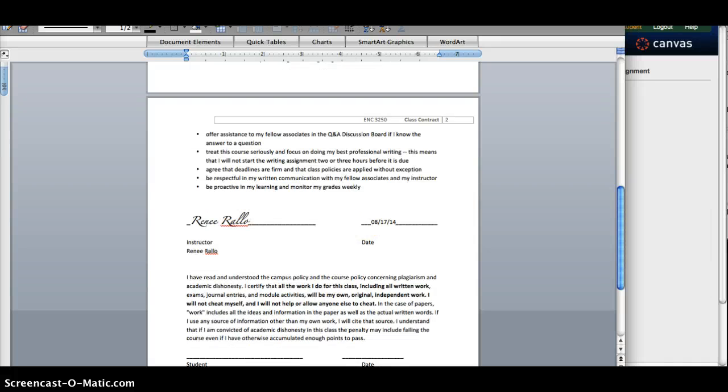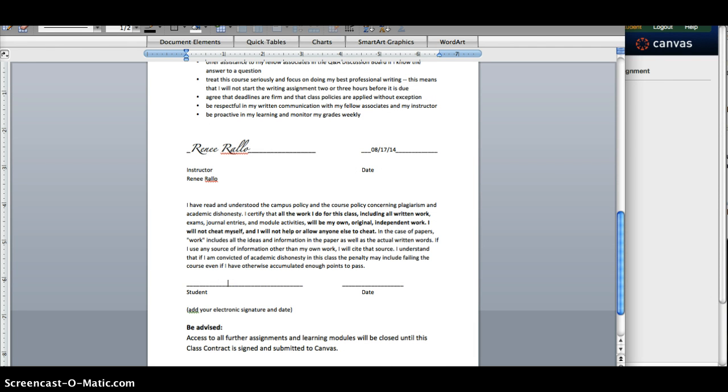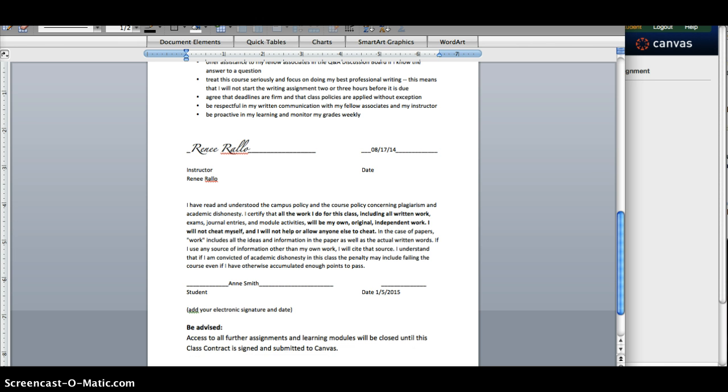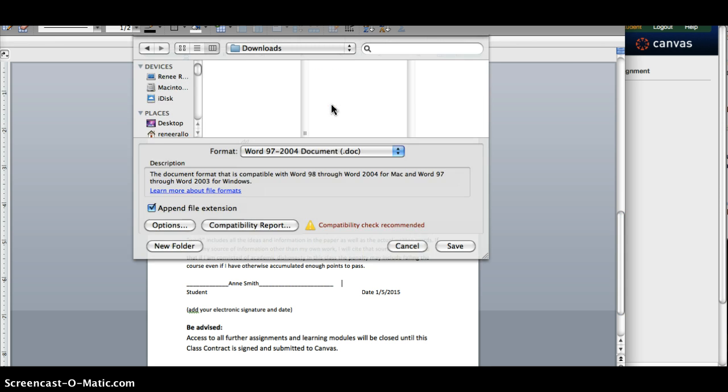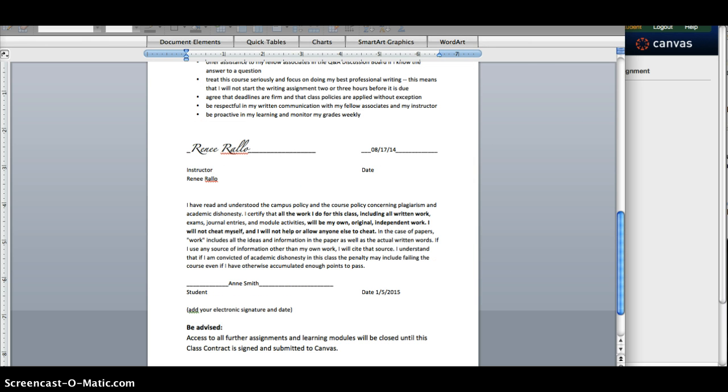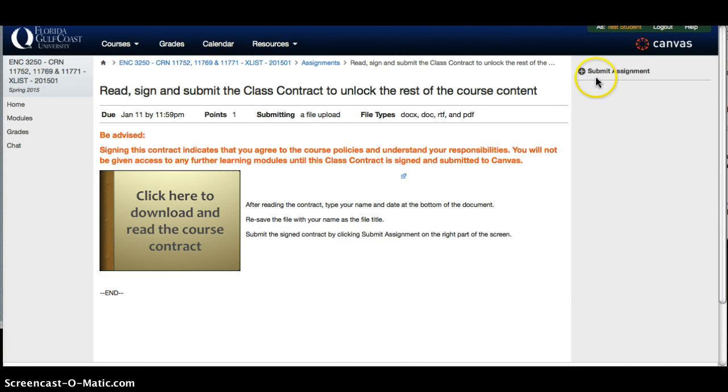And my signature is here, and what you will need to do is to add your name. So let's say your name is Ann Smith. So you'll need to add your name, you'll need to add the date. I am not going to be very picky at all about this formatting, but just to get in the habit, you might as well get rid of that extra line that came in there. And then what you'll need to do is to save it in some place that you can find it easily. I'm going to throw it here on my desktop,